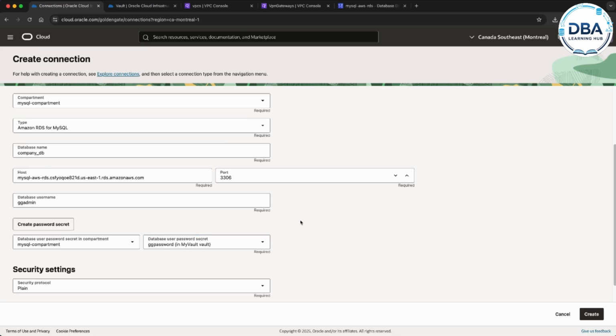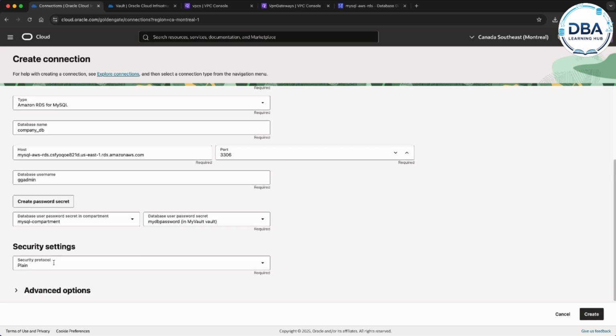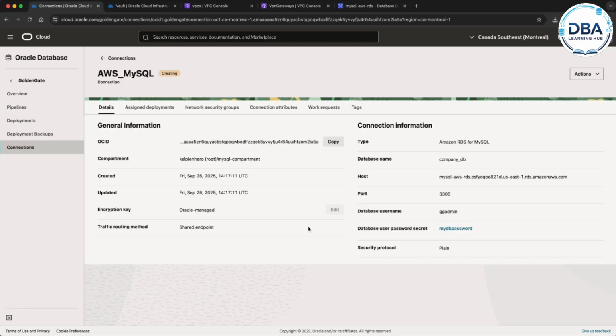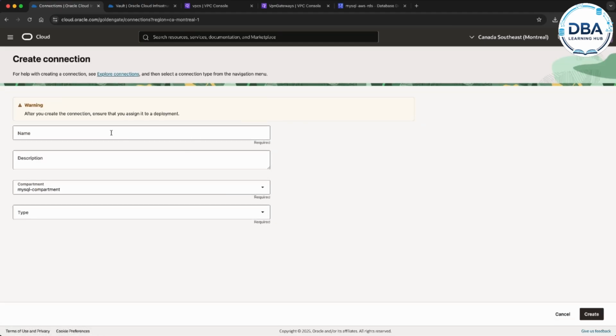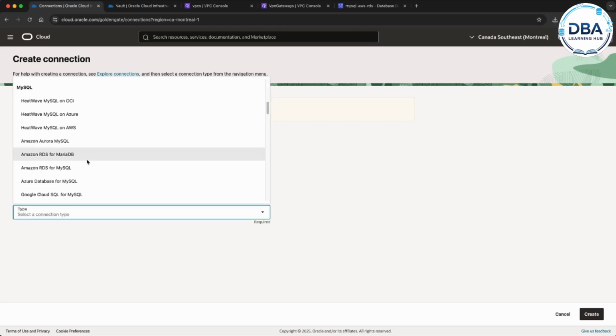Okay, so GG password I have selected. Sorry, my DB password I have selected. I will keep the security protocol as plain. Now create the connection. Okay, it's creating. Until then, let's create our OCI database connection. OCI MySQL compartment. Type is